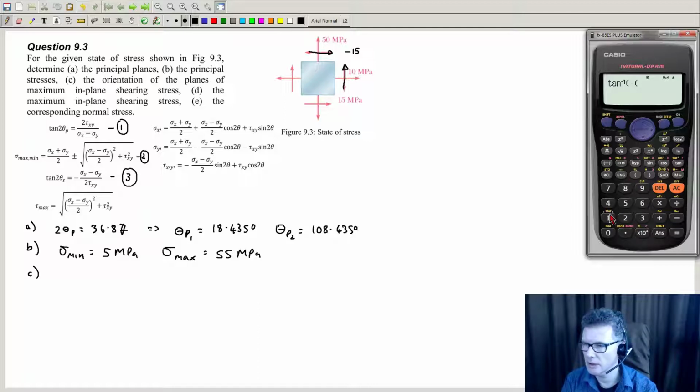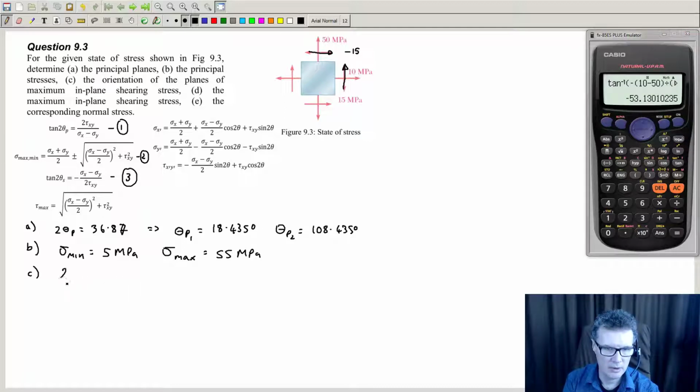We've got 10, take away 50, divided by 2 times minus 15. Let your calculator work out all the negative signs and whatnot. So that then gives me 2 theta s will be